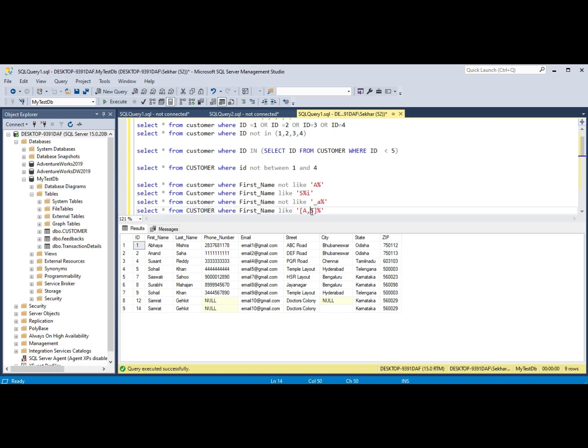So this you can use, suppose you want to see if there is any invalid character at the first letter of the name.